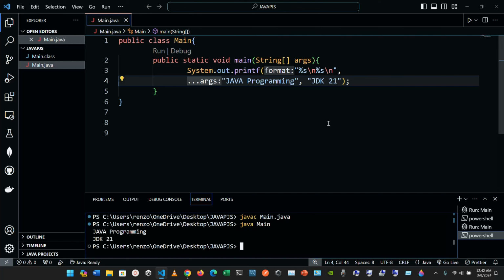As you can see here, we have three arguments separated by commas. So we have the format, and these could be the arguments, but pretty much we'll have in double quotes the percent sign s, which means string, backslash n, and these are called escape sequences. Okay, and now what we are going to see,